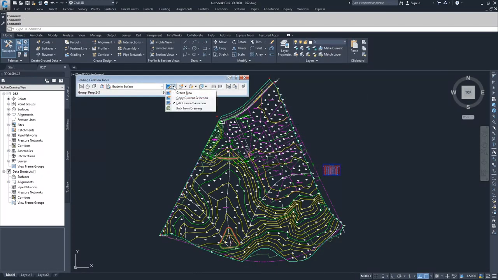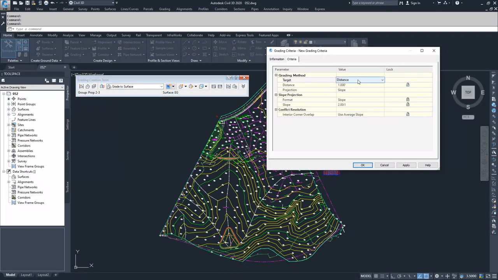If you wanted to create a new grade to surface, and I said create new, now I can choose surface, and you can see target and projection are not locked out. And so I can choose between cut, fill, slope, and fill slope. So you can have a cut only grade to surface instead of the one that's already created, which is a cut, fill, slope one. So that's where some of those efficiencies that we talked about could be gained. Say you knew that you only needed to do a cut slope, you wouldn't have to deal with Civil 3D asking you about what your fill slope ratios are.